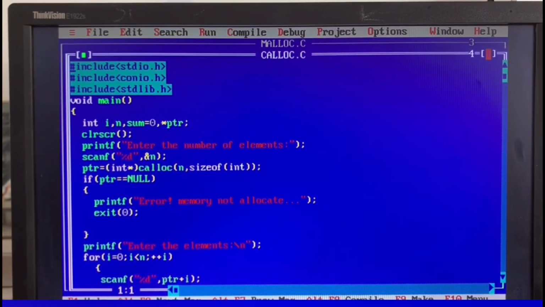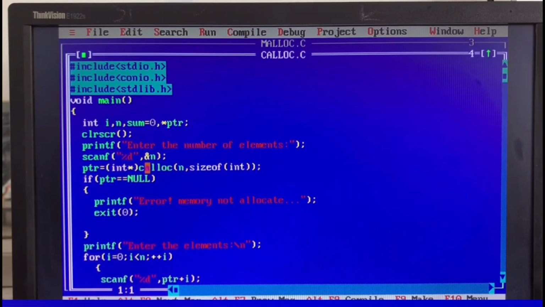These are the programs. Here are the header files. Now starting from here, these are the variables, and here we are entering the number of elements. Then this is the calloc.